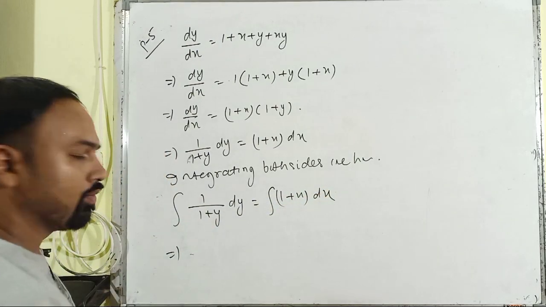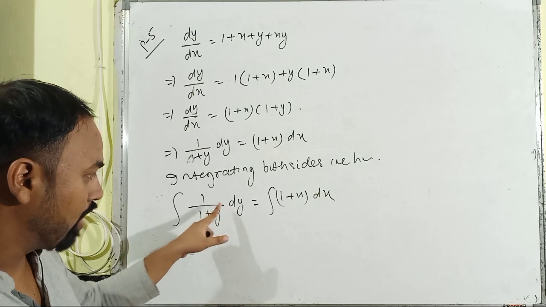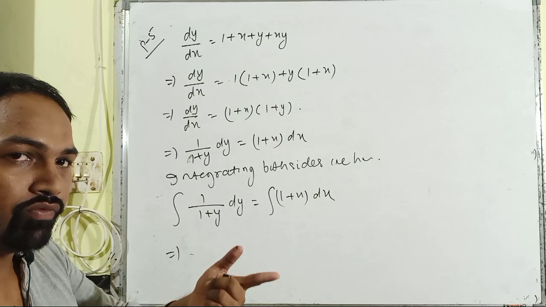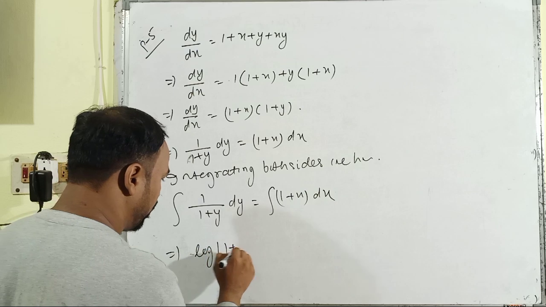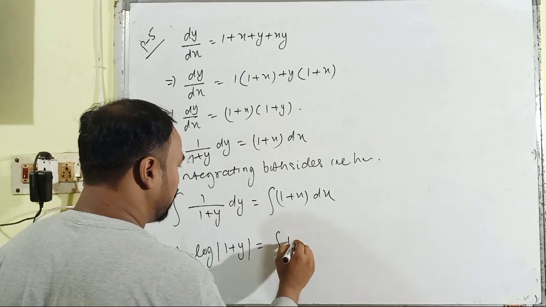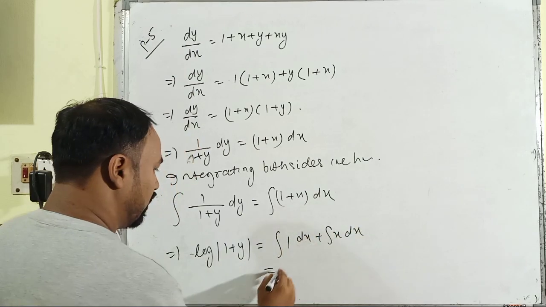Integrating 1 upon 1 plus y, as it is a linear function having the degree 1 and also the coefficient of the variable is 1, so we can put the formula directly here. As the logarithmic formula here, it is log modulus of 1 plus y is equal to the integral of 1 dx plus the integral of x dx, and here the integral of